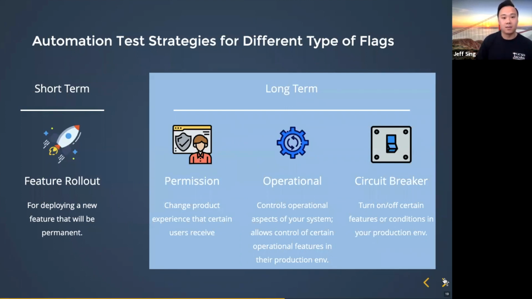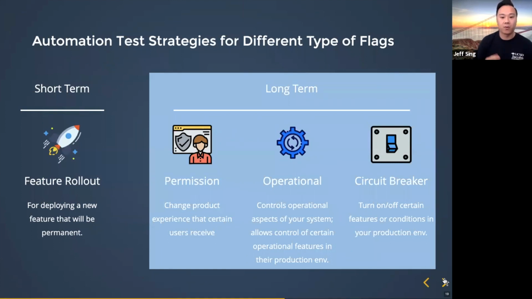These are things that we use operational feature flags for. When we're testing this, we need to understand what the feature variable is doing, what it's operating on in our system, and the automation needs to check that specific piece. So we want to make sure if I make changes to it, it doesn't just explode. Finally, we have our circuit breaker, and our circuit breaker